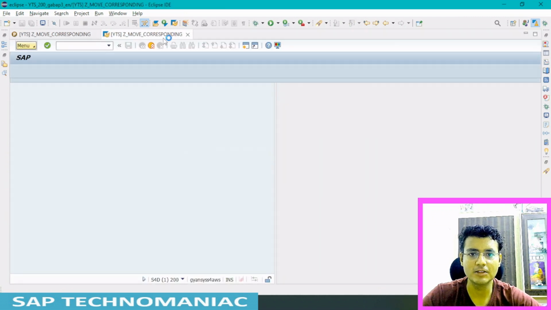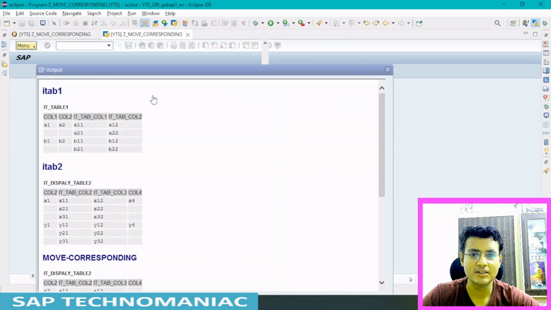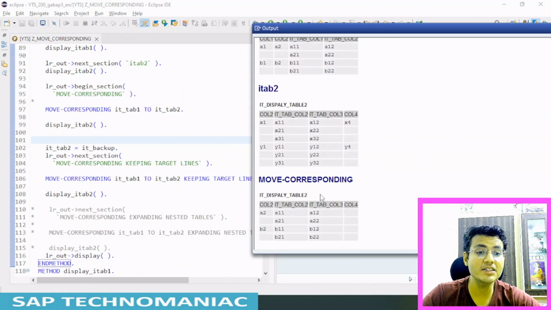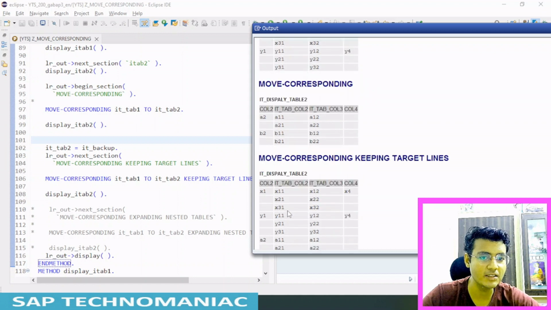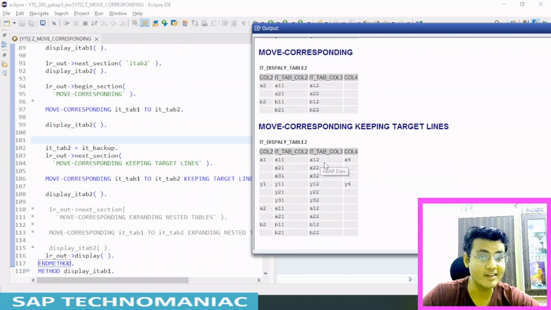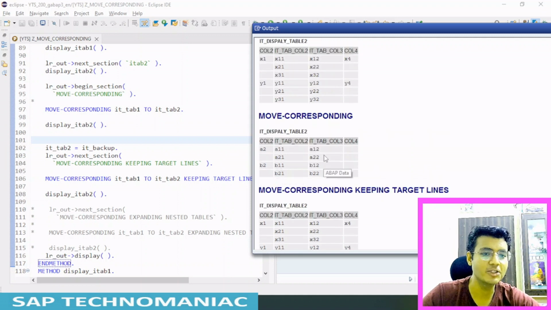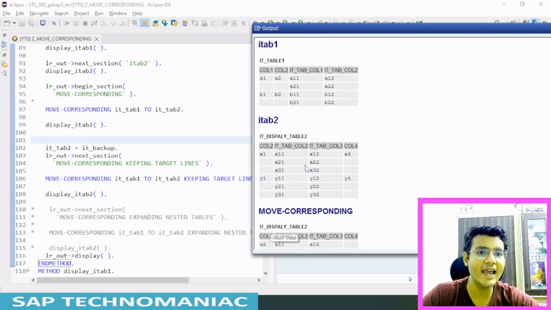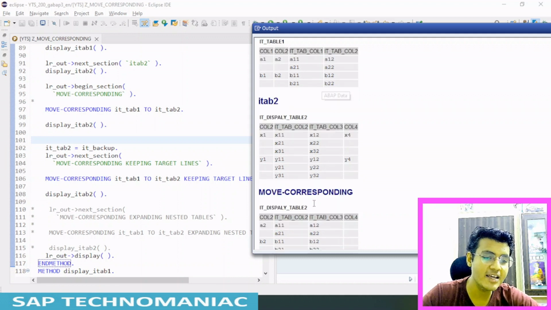Let me close it out and open this parallelly. Okay, let me show you guys. You can see in the previous case it cleared, then it moved those entries. In this case, those entries will not be cleared, they will be intact. We are saying keeping target lines, we don't want to clear this table and then move this table to this table. So as is, it will be moved like it moved here, but in this case it will not clear existing entries and it will move corresponding A2 and column 2, and this table and this table, their name is identical, so as is it will be moved.